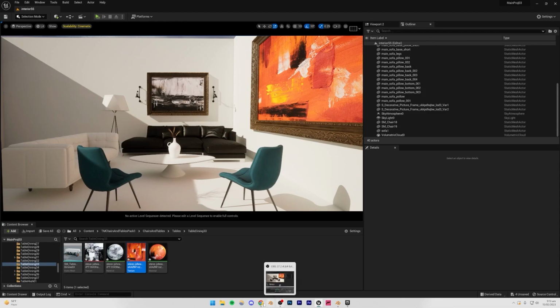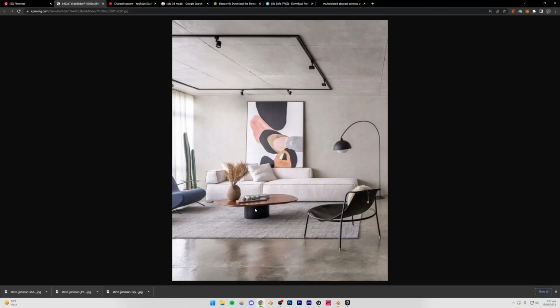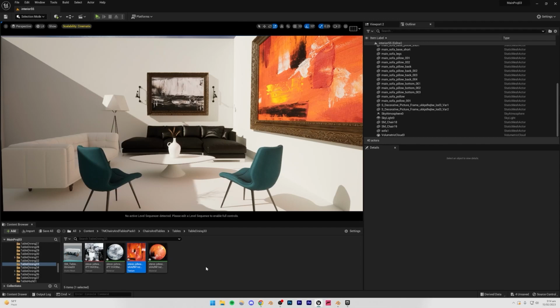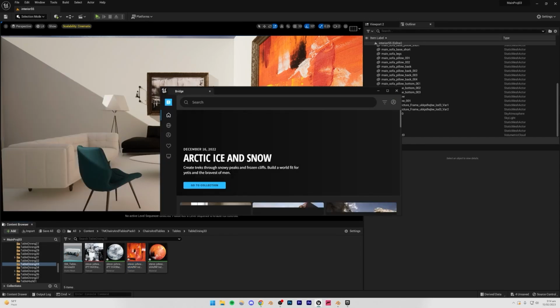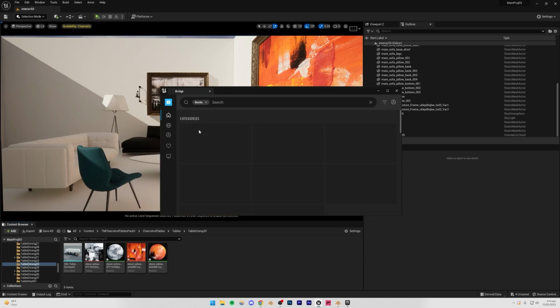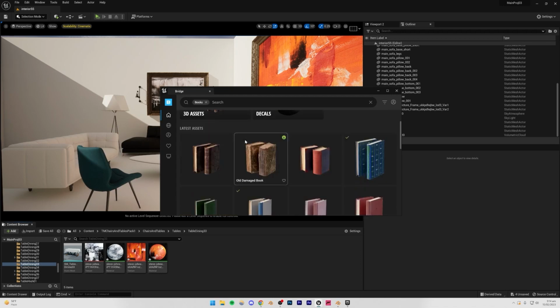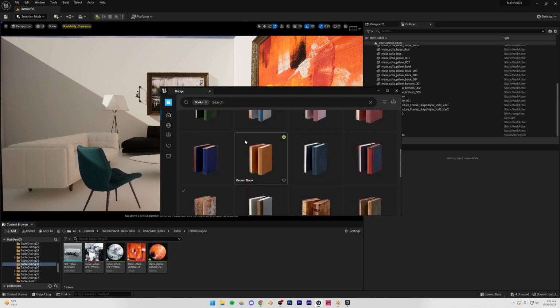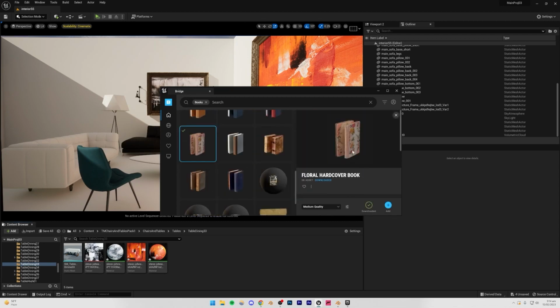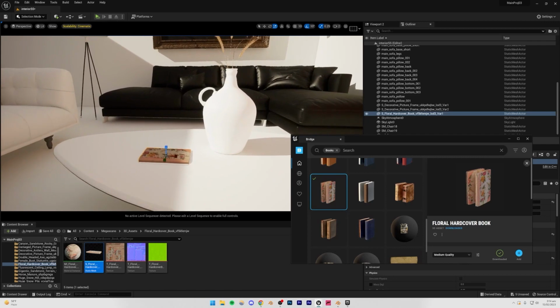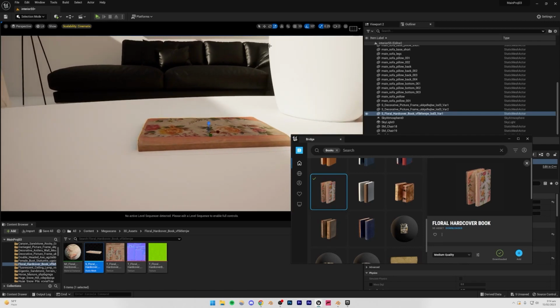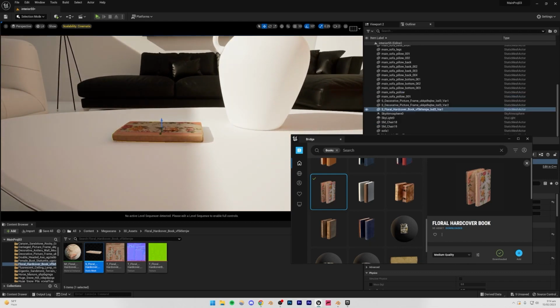We can maybe add a carpet underneath this table. And we can maybe add some more stuff on the table as well. So let me first do that. I'm just going to go to add Quixel content. And I'm just going to search for books. And so we have a lot of these books which are pretty good. I'm just going to download this one, Floral Handcover Book. Let me just place that on the table. Let me move it up. Like that. And then we can maybe